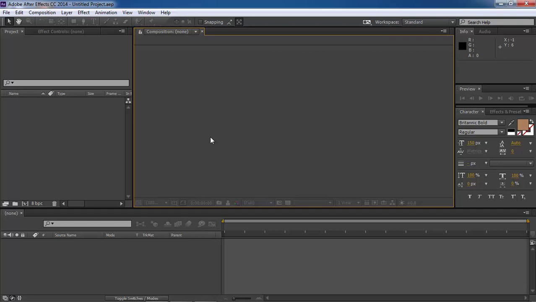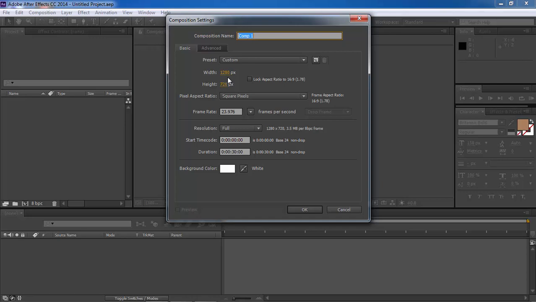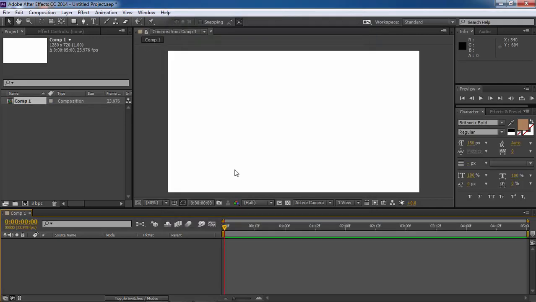So let's begin. In After Effects, let's create a new composition, and I'm using 1280 by 720. You may use 1920 by 1080, whatever you like. My frame rate is 23.976, and let's set its duration to 5 seconds only. You can use whatever you want. Just okay it. Now, first thing first, let's take the pen tool, set fill to none, and set stroke to